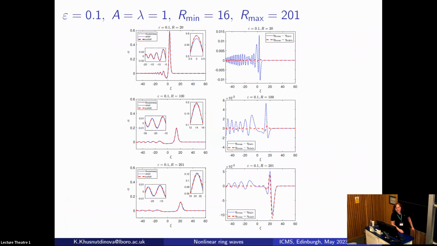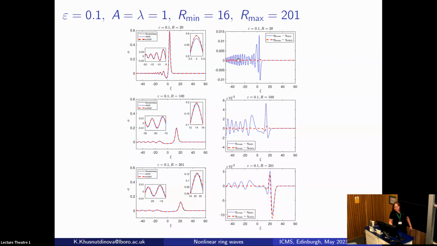So this is one set of results for epsilon equal to 0.1. We have done 10 to the minus 2, 10 to the minus 1, and I will also show you 0.5. The initial condition for the CKdV and ECKdV models was placed at capital R equal to 16, and we compare at 20, 100, and 201. On the left, there are the waves, and on the right is the error, so the difference between the numerics for the axisymmetric Boussinesq and CKdV and ECKdV. So this is probably the most instructive and easy to read.